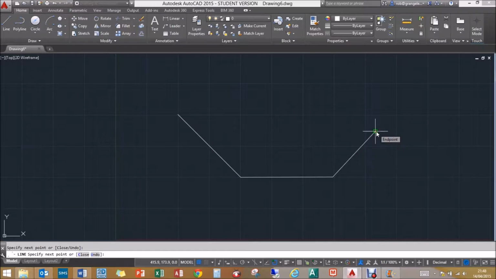wrong place, what I can do is, if I go down to my command line, you've got the option to undo, and if I click on undo, it'll remove the last command that you did. So again, I can click on undo and it'll take it back. So if I only wanted the first line, by hitting enter, I would then only end up with the first